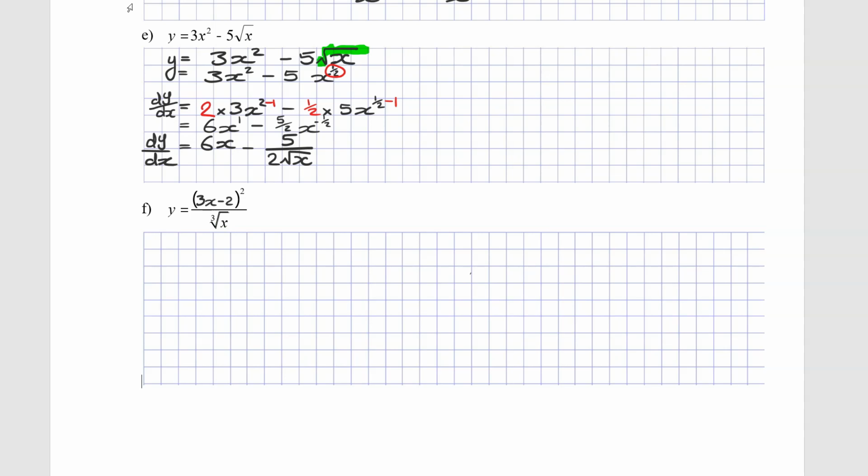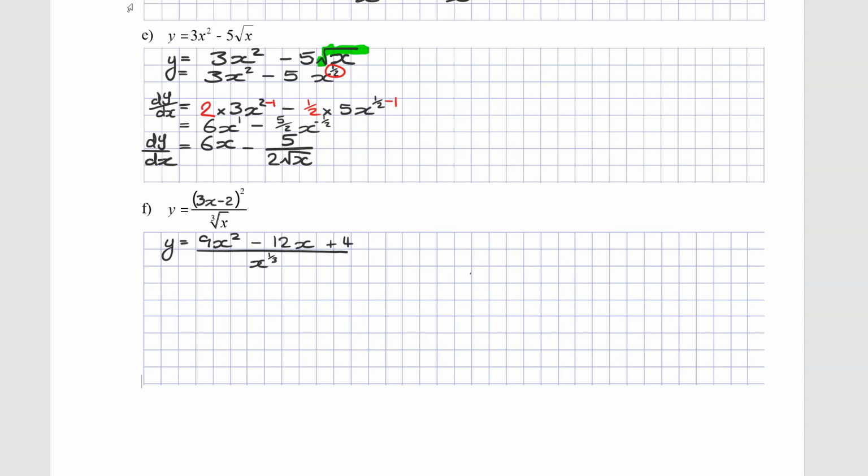What I'm going to do is crack all of these open and then simplify it with index laws. So we're going to get y equals, and we'll say that's going to be 9x squared minus 12x, I believe. And then we're going to have plus 4. And all of this is divided by x to the